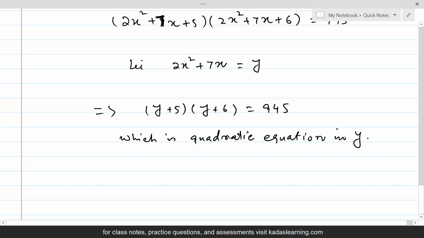I hope you can continue this question now by multiplying y + 5 with y + 6 and then